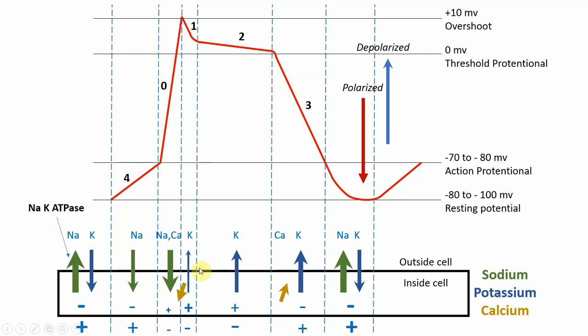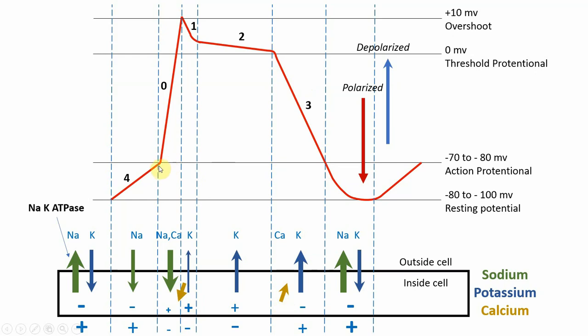After that a small phase 2 is there, having a very large timing. Slowly the sodium starts exuding out of the cell, more potassium channels are opened, and potassium starts coming out at almost zero potential. Calcium again starts going inside the reticulum, and potassium continues to come out of the cell. The calcium which was released is going back inside the cell. This leads to the phase 3 sharp decrease.